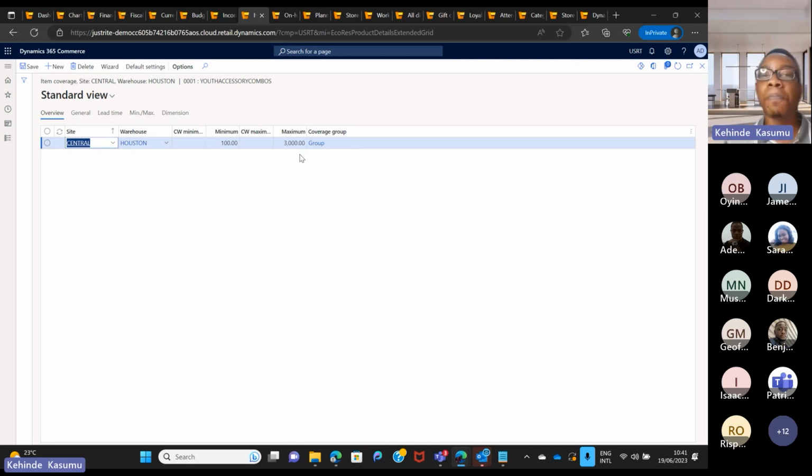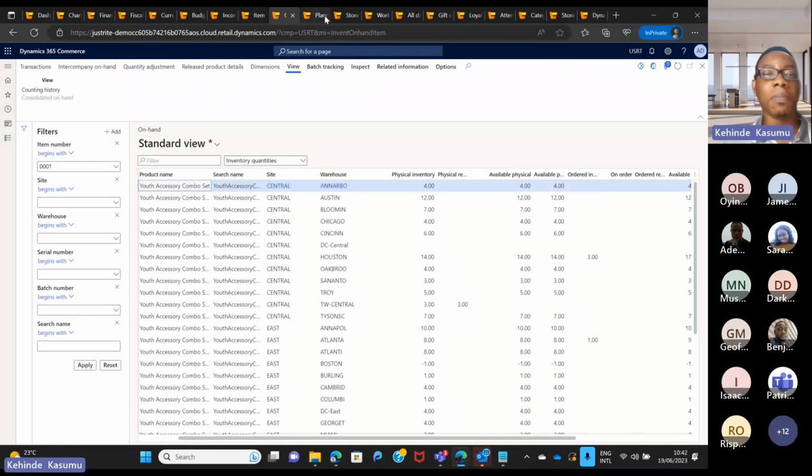So you can do this for purchase orders. You can also do this for transfer orders. Let's say you have a store or a retail outlet that has more quantity, let's say in Texas, you can do a transfer from Texas, as replenishment to the warehouse that is running out of stock, or that is going below the minimum inventory level. So that can be automated.